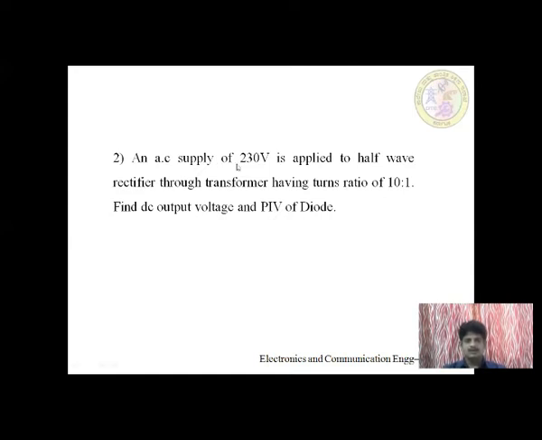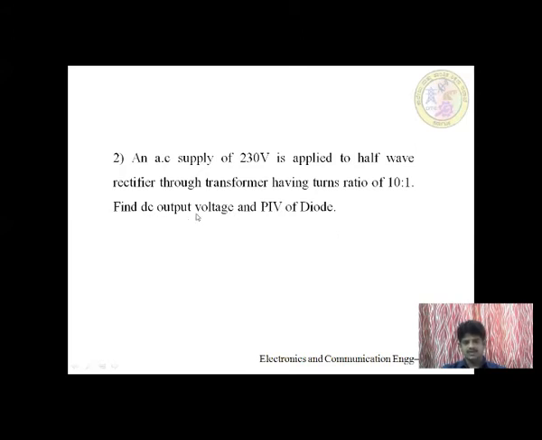So it is given the input voltage of the rectifier, that is 230 volt. Actually, it is applied to the transformer. The transformer will have a 10:1 ratio, that means it down converts by 10:1. You can easily simplify: 230 down converted 10:1 times, we'll get 23 volt. Even we will see it with the equations.